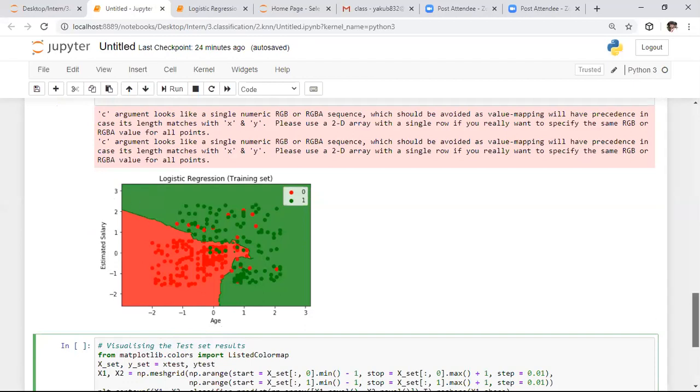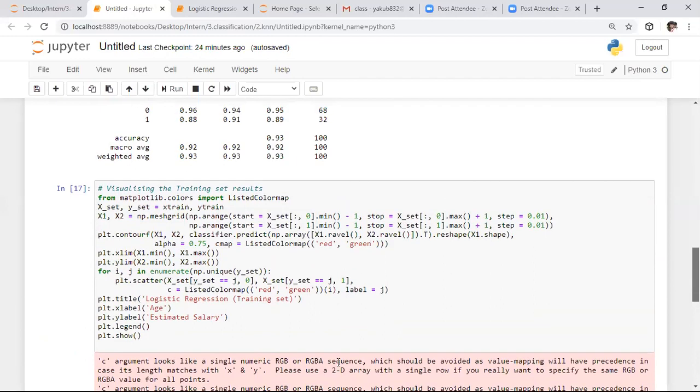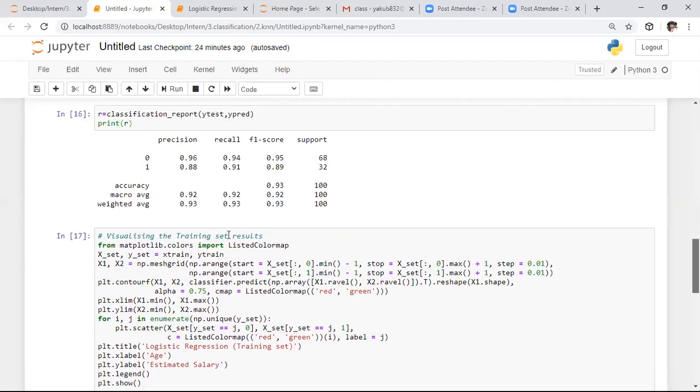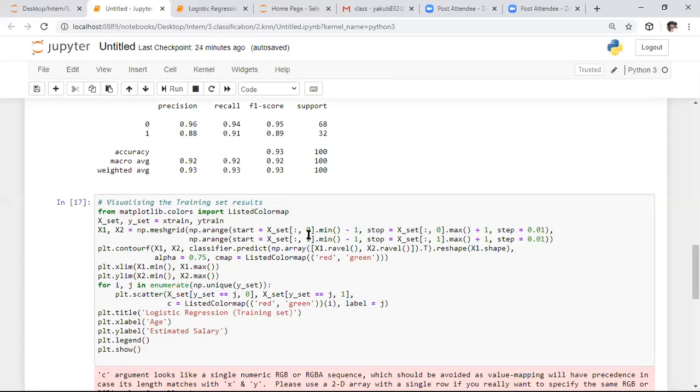To specify the limits for the x-axis as well as the y-axis, initially we specify that in the meshgrid function. In the meshgrid function, we specify X colon comma 0, which is nothing but on the x-axis we are taking the minimum value with minimum of -1 and the maximum value with maximum of +1, and here I'm keeping the resolution as 0.01. With the 0.01 distance, I want to consider each and every pixel point. It is said to be the resolution between the points.